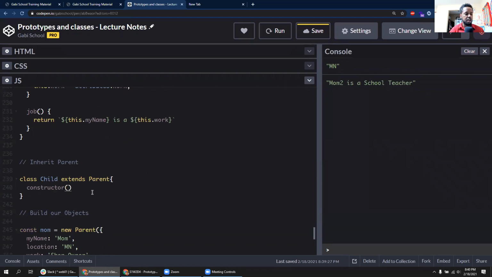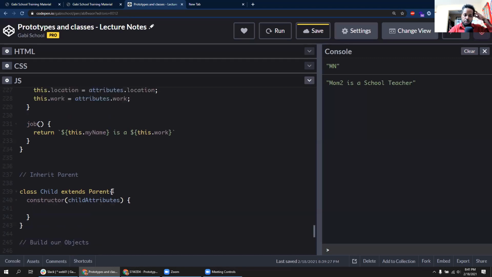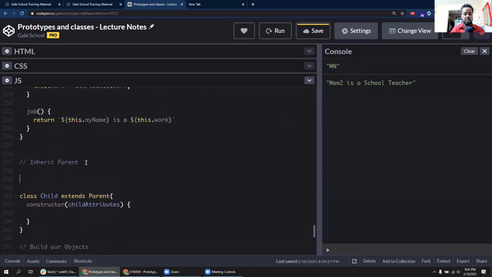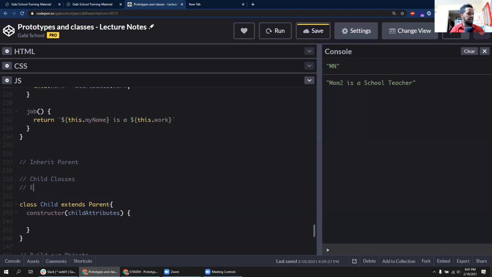Let's give it something like child attributes, just like we did last time. Child attributes. We also have to give it something else. Remember, we talked about something called, actually, we didn't talk about. Let's actually write notes about the child. There are a few things to keep in mind about child classes. The first thing would be extends links up the